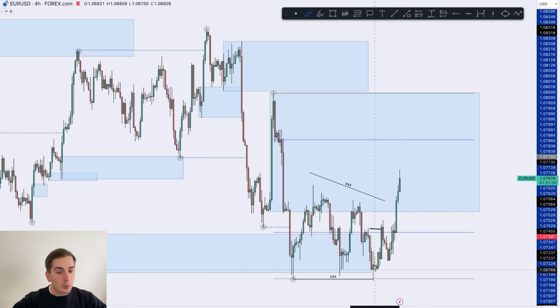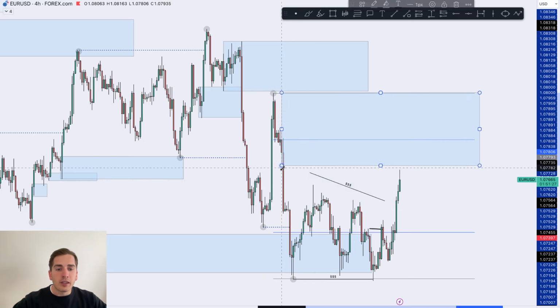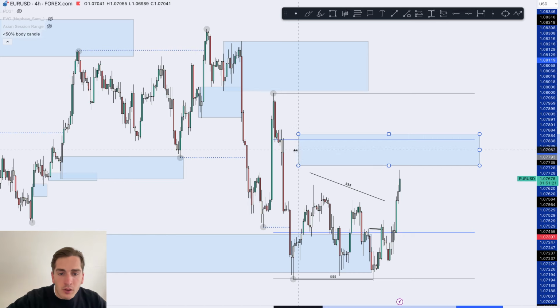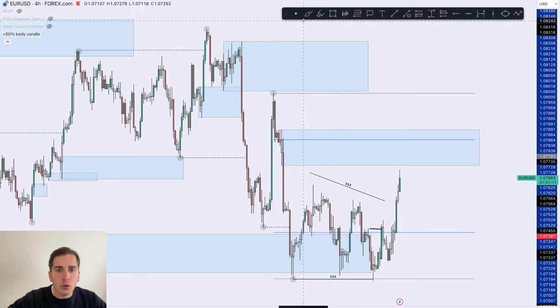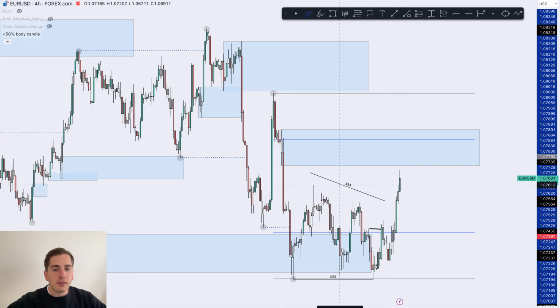Remember guys, I said last week, as long as we keep holding this low, we should continue in towards the highs. So some very nice price action. And now what is happening? Well, we're now moving towards that area of supply. So over here what we have is a 50% body candle, which is your area of consolidation, also known as our area of supply. So definitely going to be looking for a potential short after there, not only because let's